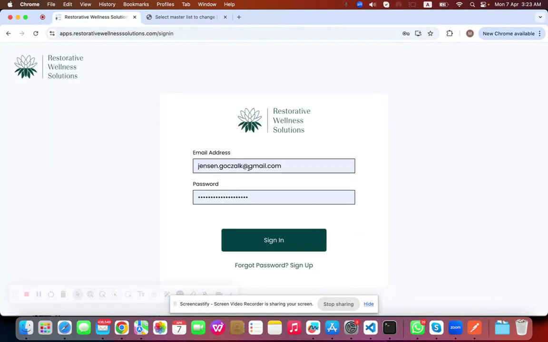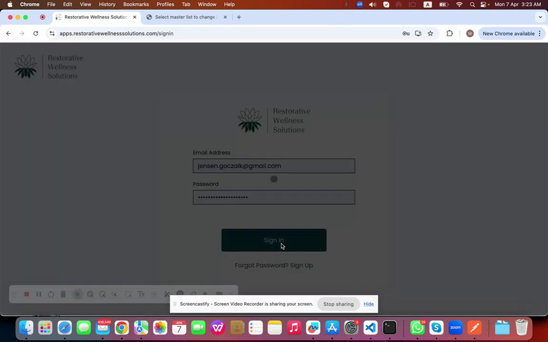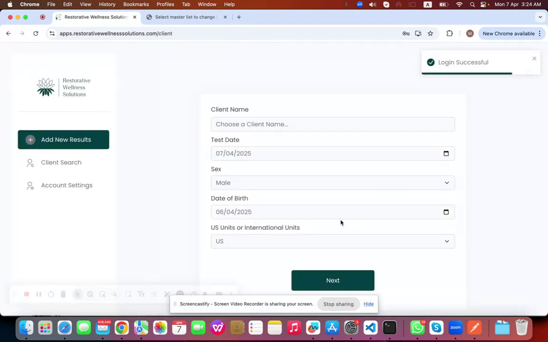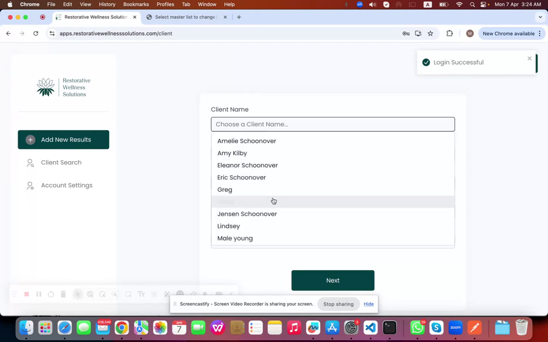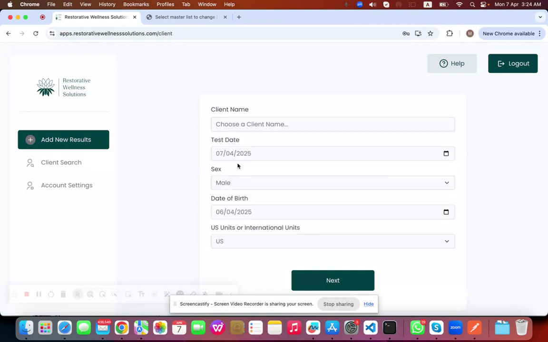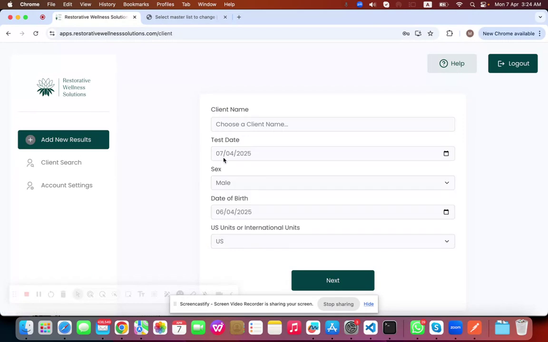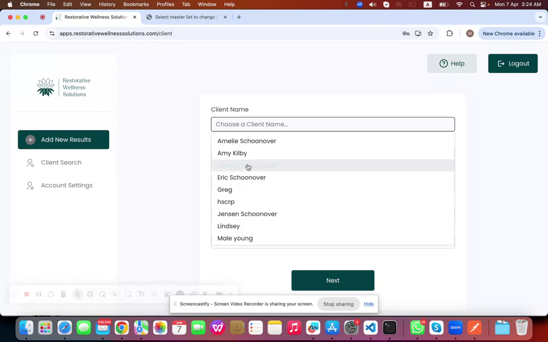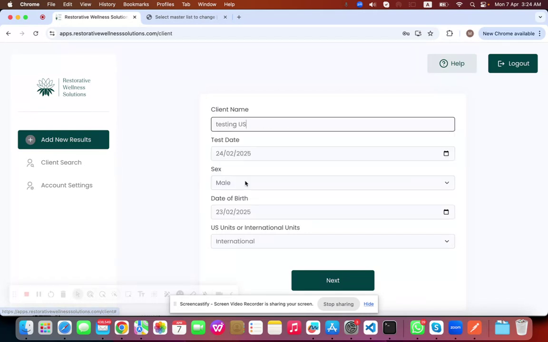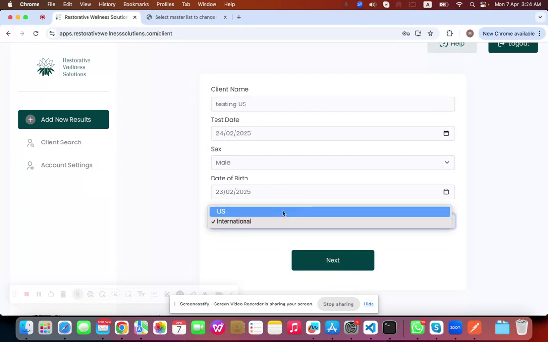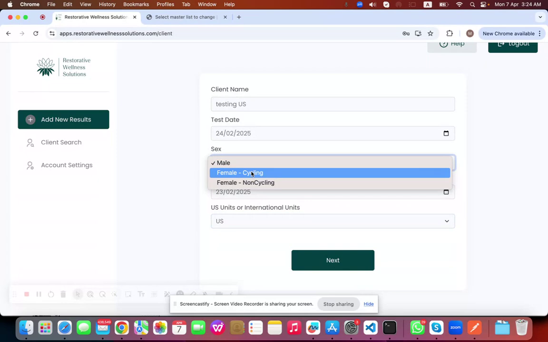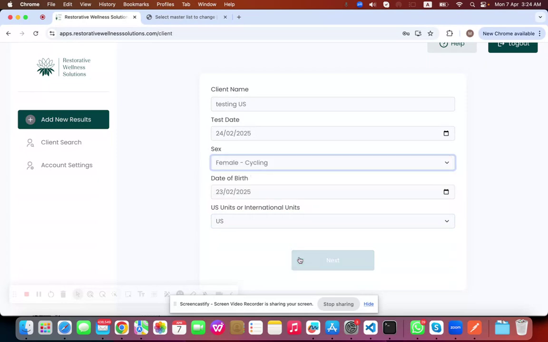After adding this user, I can sign in. After signing in, I can see my existing clients, and if there is a new client, I can add it, and then there are other details. For example, this is the user, and I can select the test date, their gender, date of birth, and which scale, for example, US or international. After selecting their sex and scales and all,